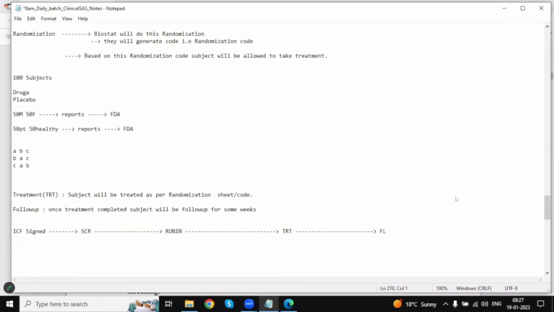Clear? This flow you have to remember. If you remember this flow, a lot of things are easy for you when you start working on a document, because going forward, everything we are going to deal with is dates only. So if you remember this flow,